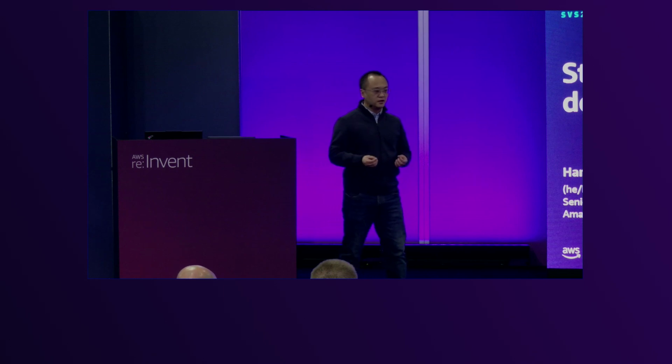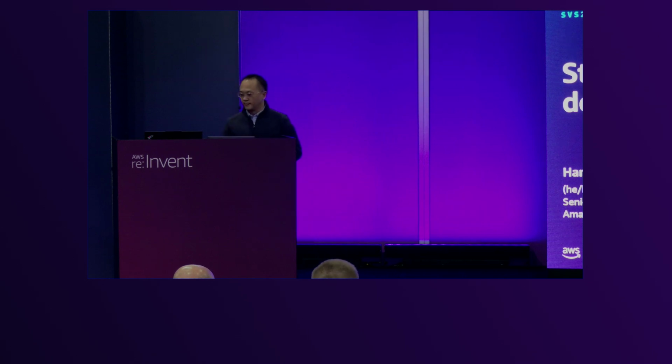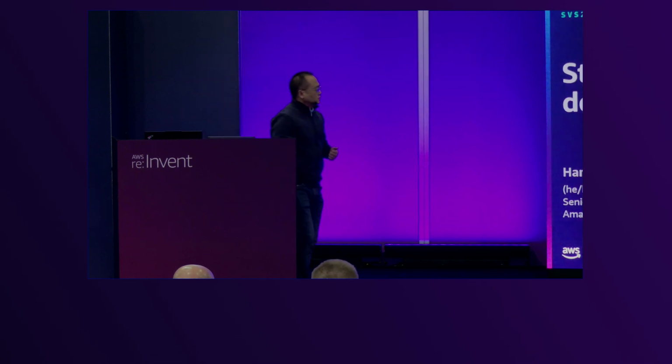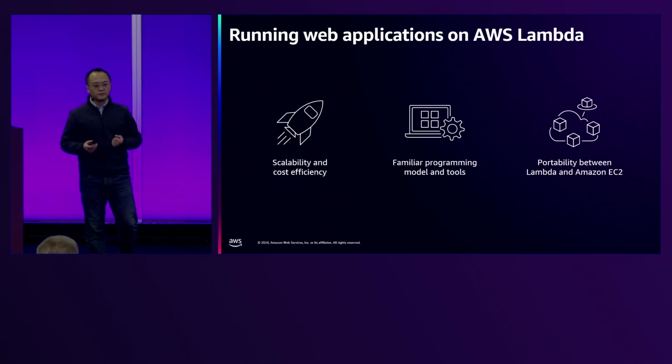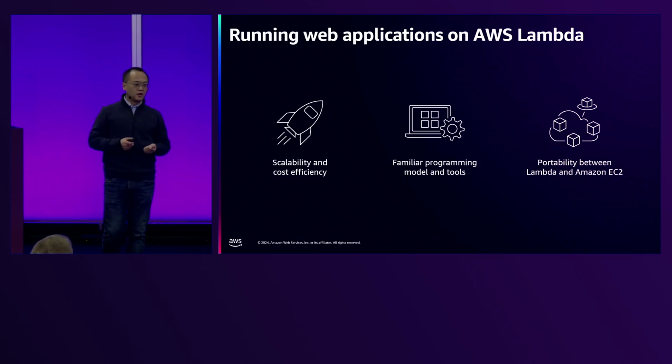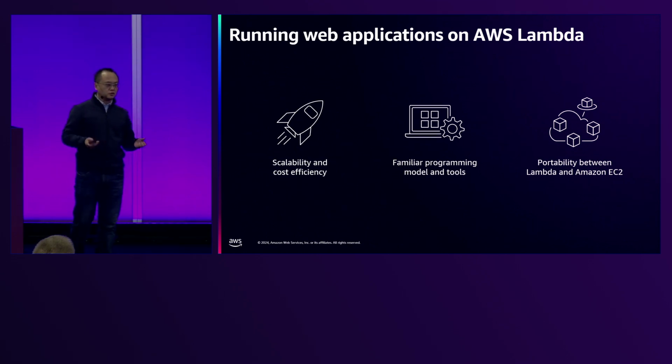But how do you deploy those applications into AWS Lambda in an easy way without modifying a lot of code? That's the topic that I'm going to show you today. So why do this? AWS Lambda has some serverless operational benefits for you, right? Because Lambda scales up really fast, and you don't need to manage the capacity and do not need to patch